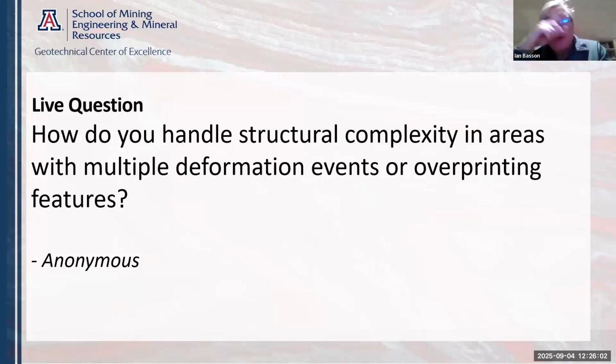So it's gone through a pressure, temperature, time loop. It might have gone up to 600-700 degrees Celsius, 7 kilobar, and then come down through a retrograde event. Things that are more competent may have boudinaged and pipped, and you may have low pressure shadows where you've got retrograde minerals around the edges of those. So again, it comes back to understanding the system that you're working in and the mill, the sausage machine, that it's been through.